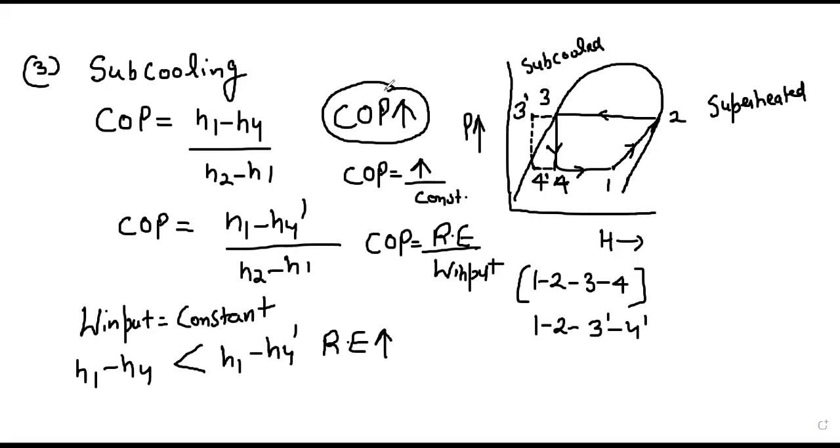Okay. So this is known as subcooling of the refrigerant. So this must be clear to you that if we do subcooling of the refrigerant, what will happen? You will say if we do the subcooling, the COP of the system will increase. Clear? So that is the third very important parameter of